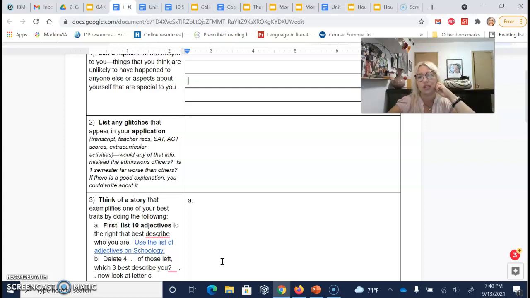And I've had students do this with actually a lot of success over the years. Maybe they had something really tragic happen in one of their semesters of school, or last year's uprising after the George Floyd murder. It would be something else that you could potentially write about, especially if it affected things like your grades.